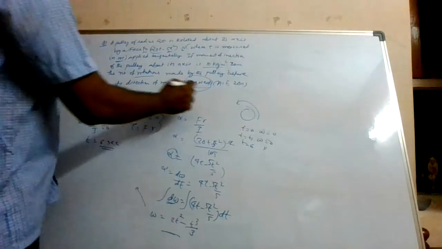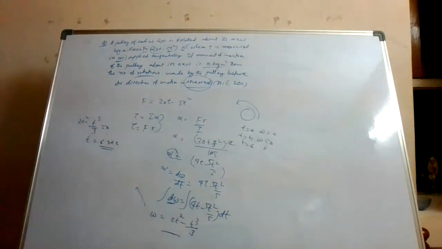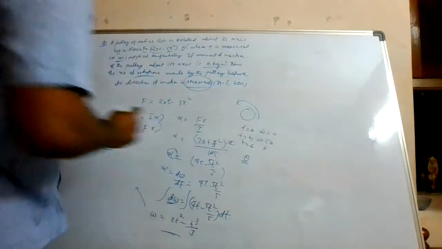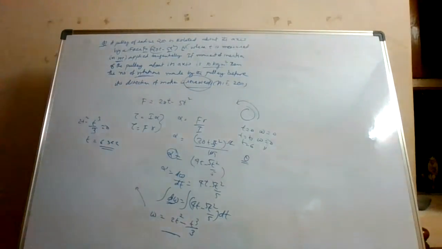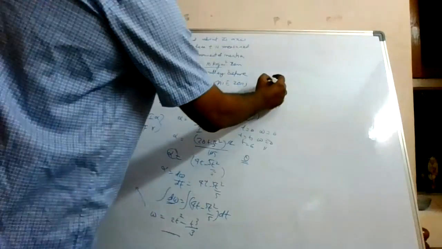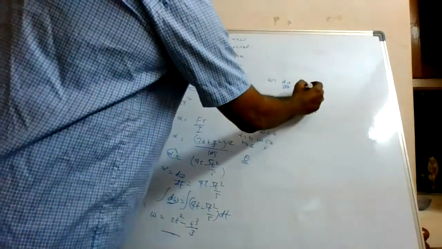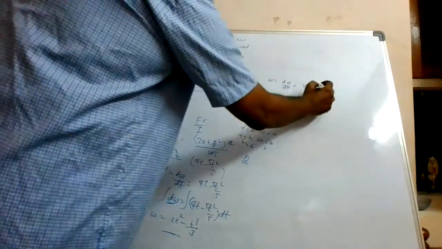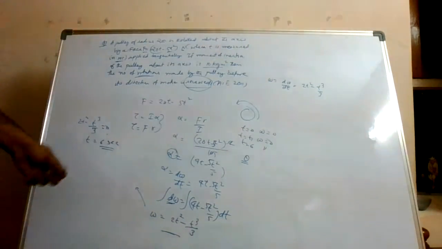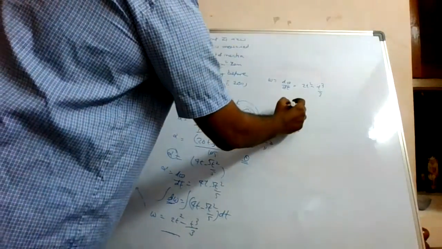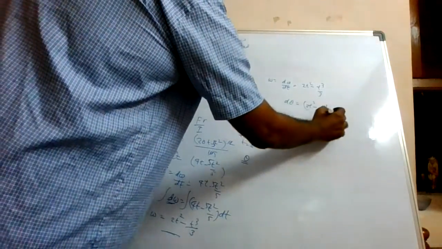But the question says you have to find the number of rotations it made before coming to rest. So we have to find out what? We have to find out the value of theta. Okay. So we have an expression for omega and we have to find the value of theta. So how to find that? You can write omega as d theta by dt is equal to 2t square minus t cube by 3. Right? So you have to find theta value. Again, same logic, cross multiplying. D theta is equal to 2t square minus t cube by 3 into dt.